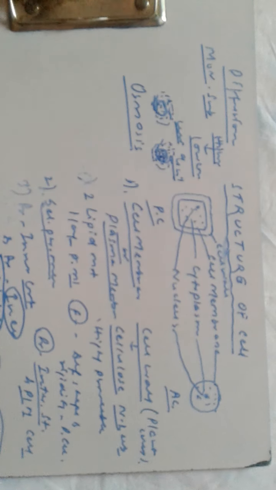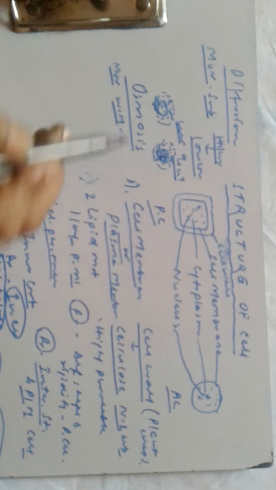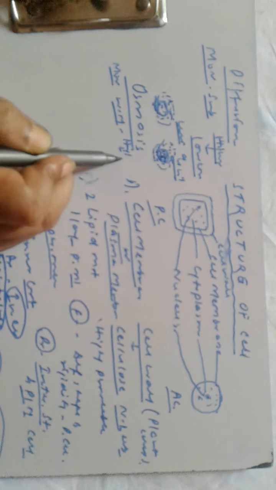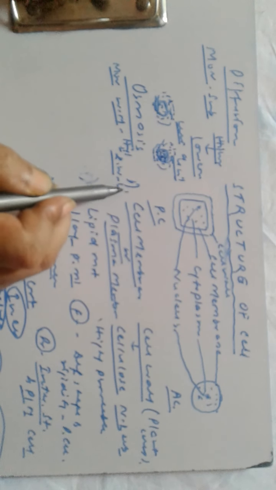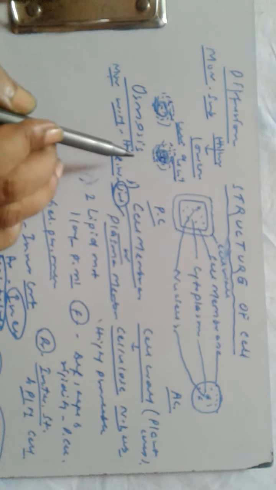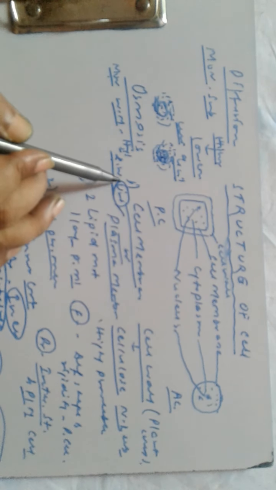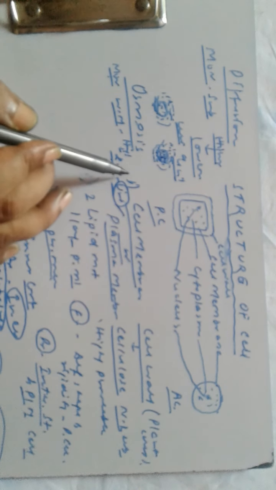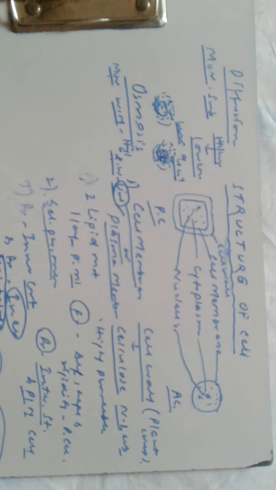It is the movement of water molecules from a region of high concentration to a region of lower concentration until, and unless, what will happen? A uniform concentration of water molecules will be achieved. So what is osmosis? It is the movement of water molecules from a region of high concentration to a region of lower concentration until a uniform concentration is finally achieved.